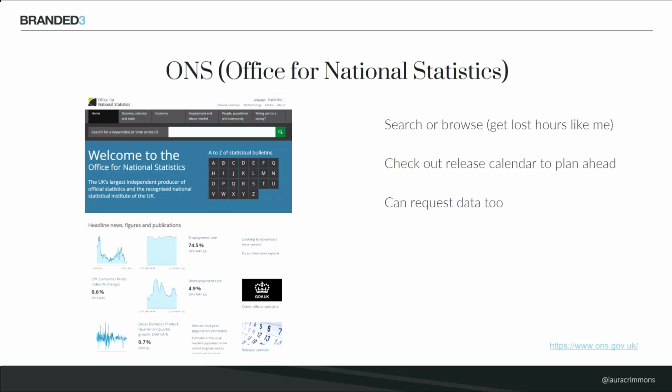So moving on to public data, again, various sources of this. So Office for National Statistics is one of my favourite websites. I find it a bit like a rabbit hole where you go on that and you start looking at one thing, and then you find that there's some more data that's really interesting, and then you find some more related data, and before you know it, you've wasted hours just looking at various pieces of data. So don't do that, but be more specific.